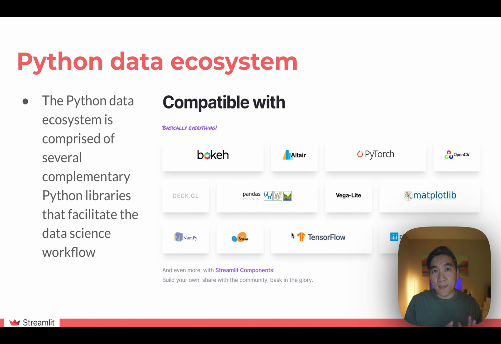So Streamlit is compatible with the Python data ecosystem. So you could use established Python libraries such as Bokeh, Altair, PyTorch, Pandas, TensorFlow, Scikit-learn, NumPy, Plotly, Keras, Matplotlib, Vega-Lite in your web application. And as already mentioned, you could use pure Python to develop this web app.